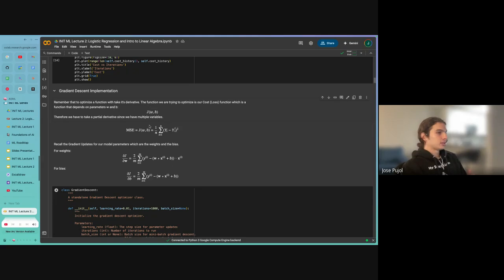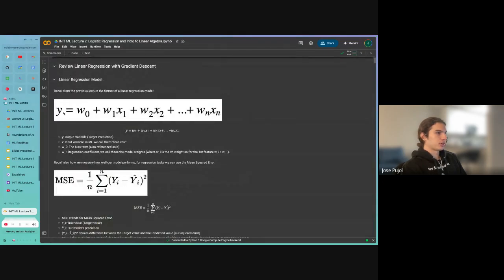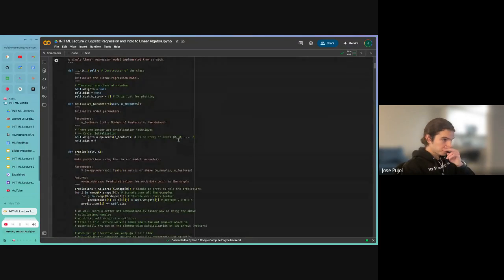So given that our MSE function looks like this, but now you're going to see this y hat is a little bit different. Y hat essentially looks like this, exactly what I showed up here as well. So our prediction is looking like this.